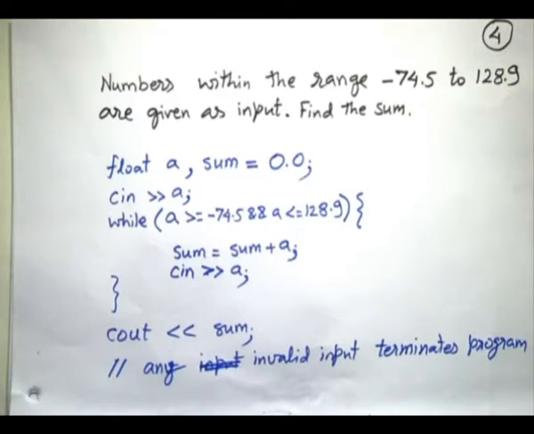Suppose I gave you this problem and said, I want you to add numbers between this range. And they are large numbers. You write this program and I ask my assistant to execute this program. Now while recording my experimental results, somewhere, some value has come outside this range. Actually, if such an invalid value comes, what will be an interpretation of a scientist? Discard that and go ahead. But you are not permitting me to do that. The moment I make a mistake and give a wrong value, you say, thank you so much, go home. Is that fair? I would like an indication about end of input which is not based on a specific